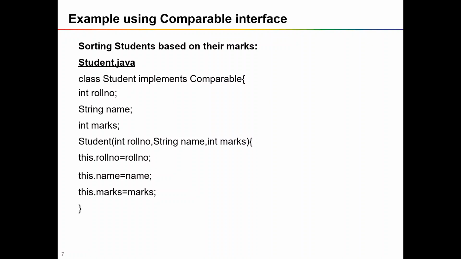But if you would like to store your own object, or your own user defined class object, inside the TreeSet, in that case you have to manually implement how your compareTo method is going to compare your user defined object. For example, here we are taking the class Student with three attributes: roll number, name, and marks, right? So inside the TreeSet we are going to store Student objects.